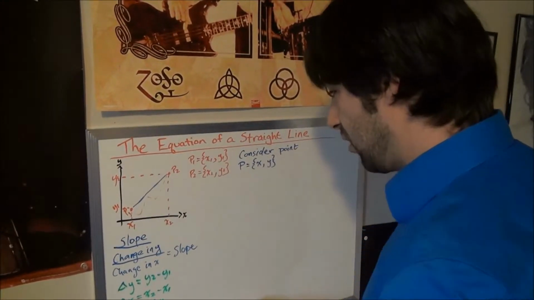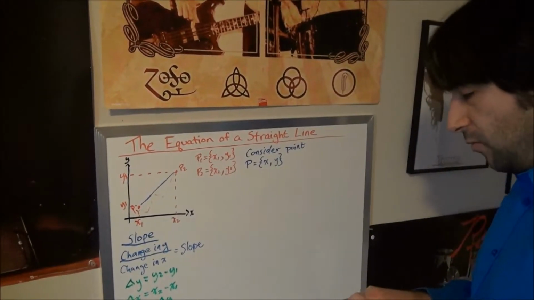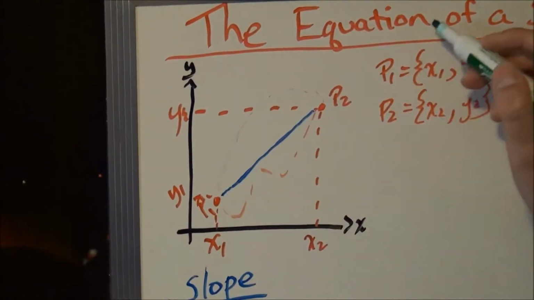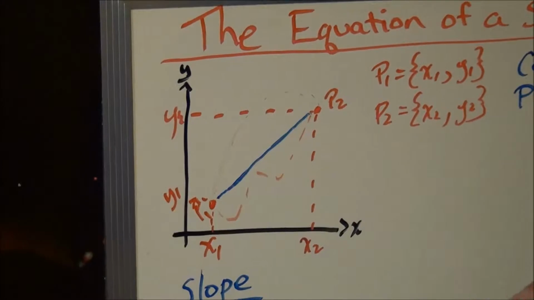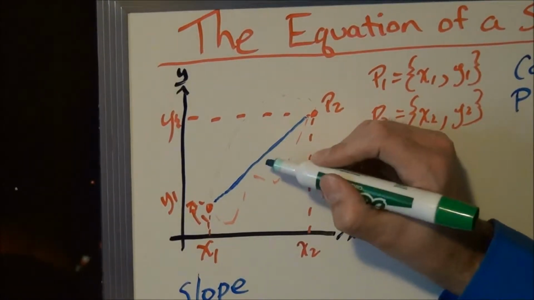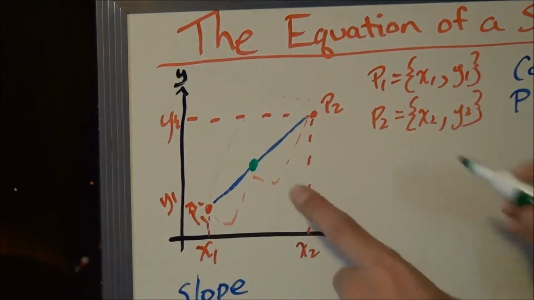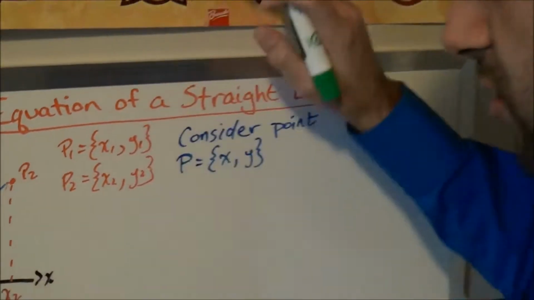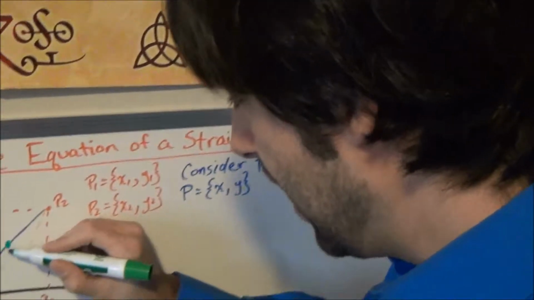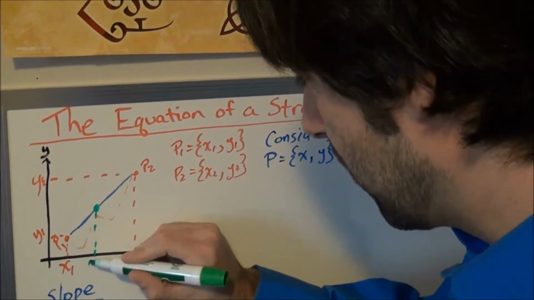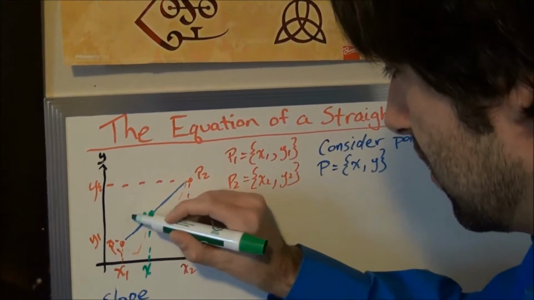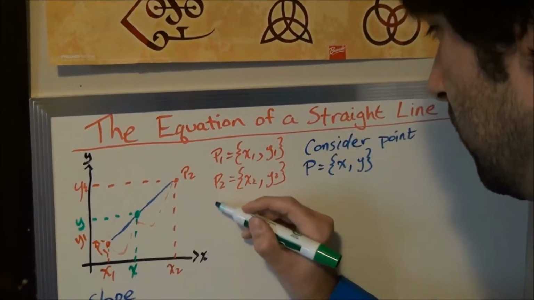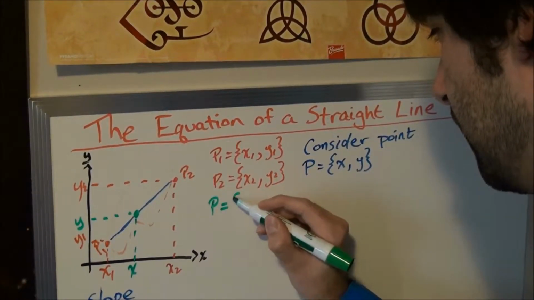So if I were to draw this point on the graph, well, I could extend the line over here and draw it down here. I could extend the line up here and draw it up here. It's a little bit easier to draw it between the 2 points. But remember, it doesn't have to be that exact point. I can draw it closer to P1, I can draw it closer to P2, or I could draw it at either extreme. And of course, its coordinates are x and y. So we can write P